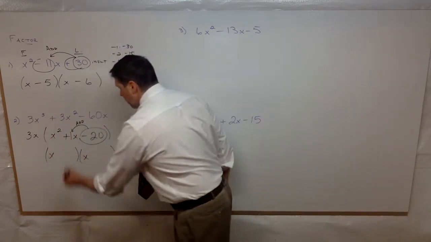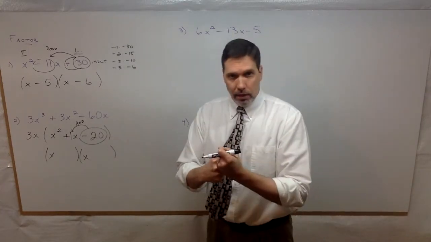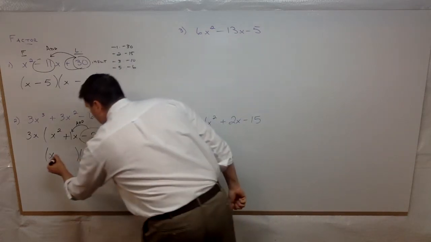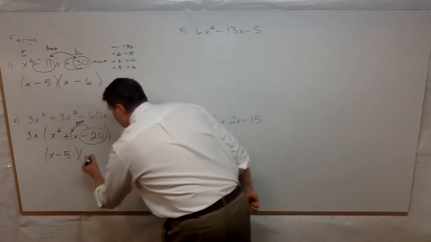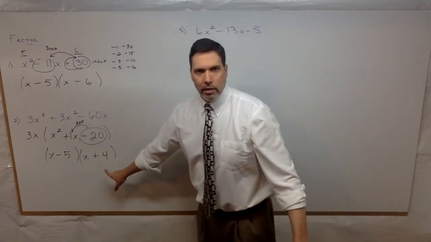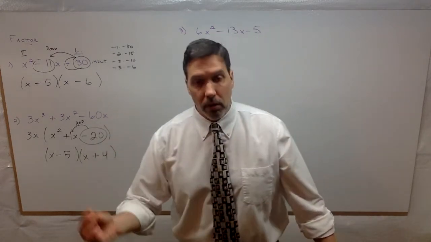That's what you got there. So what are all the factors of negative 20? Numbers that multiply to be negative 20, but then add up to be a negative 1. And the answer is, well, a negative 5 and a positive 4. Negative 5 multiplied by 4 gives us our negative 20. Negative 5 added to 4 gives us our